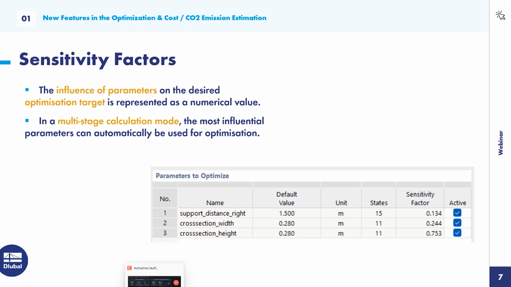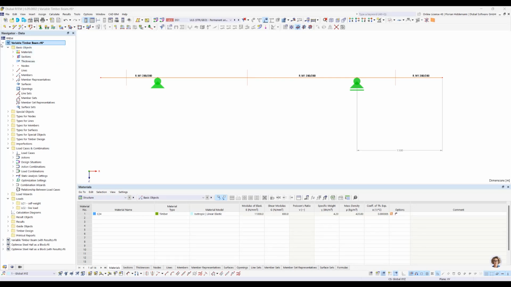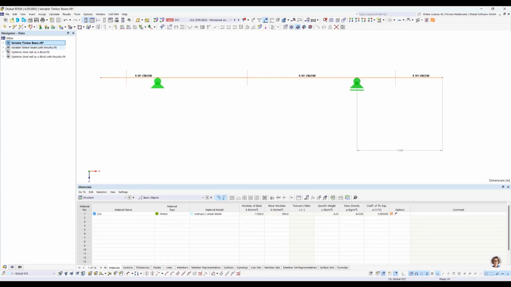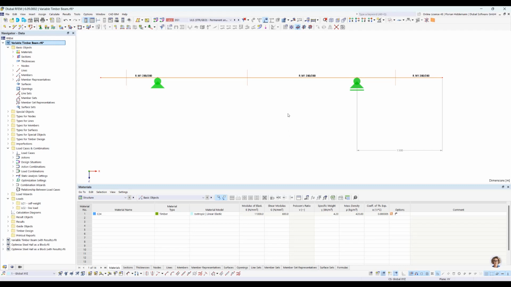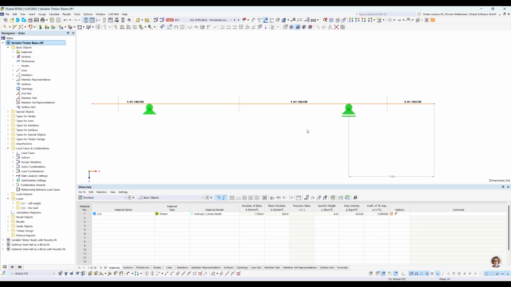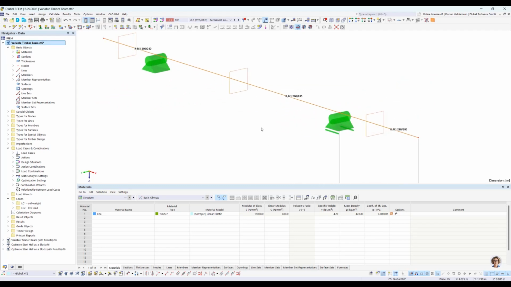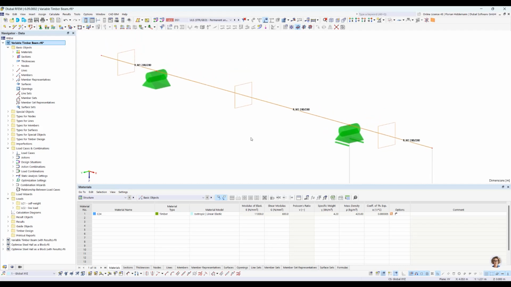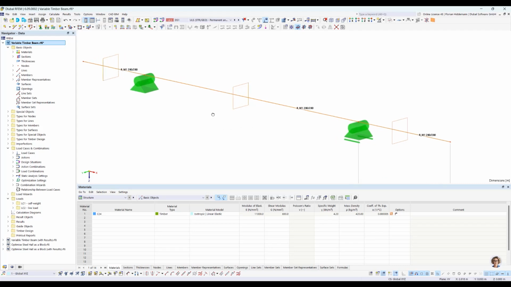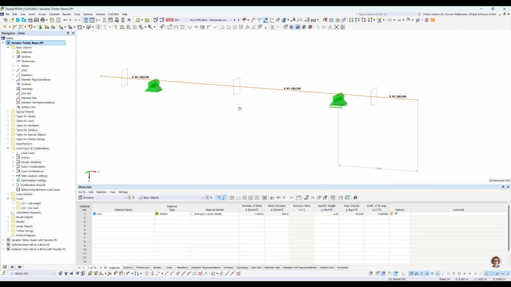So let's dive into the program. As you can see here, the first model is a variable timber beam. This one has nothing to do with blocks at the moment. It's just for demonstration purposes of the new features I just explained in the PowerPoint. So what do we see here? We have an easy static system. It's a single span member, and at the ends there are some members reaching out on the left and on the right side. It's a rectangular